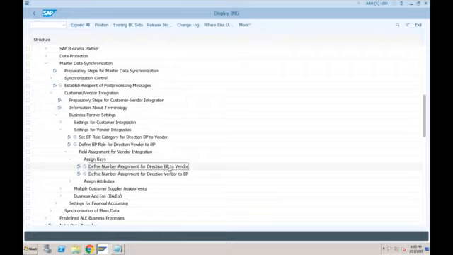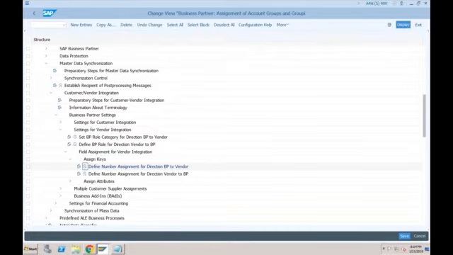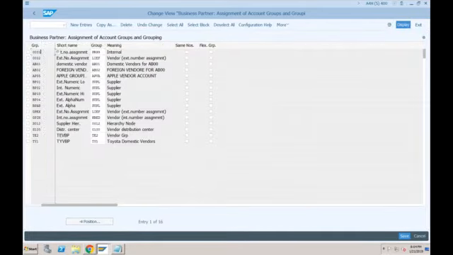So it is direction BP to vendor. Just click on this. In this configuration, you can see BP grouping is assigned to vendor account group. Because we have selected this BP grouping, the system has determined this vendor account group.